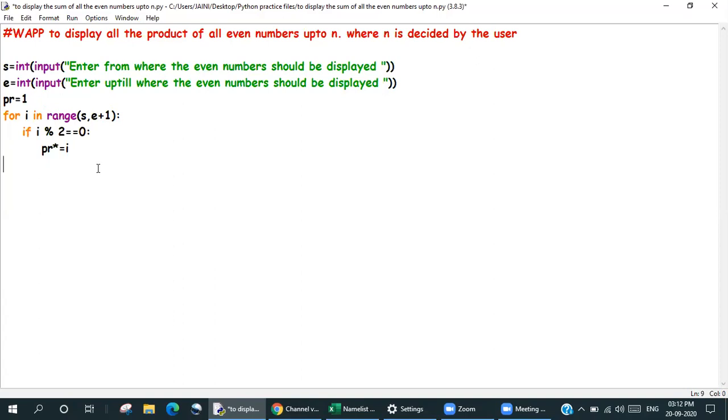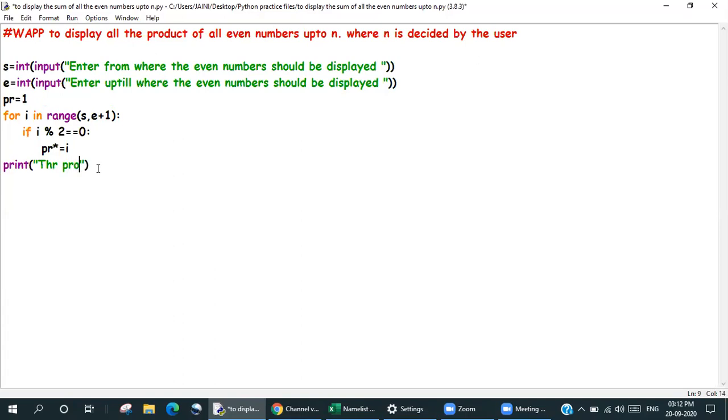And finally, outside the loop you come, and over here you're going to print. You're not going to print inside the loop because you don't want to print multiple times the product is this, the product is this, the product is this. Product will only come once, and so it has to come outside the loop.